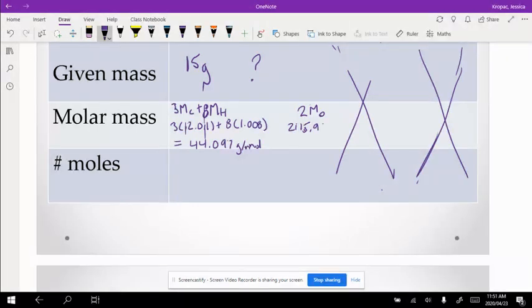15.999. So if I plug that into my calculator, I'm going to find that overall I'm going to have 31